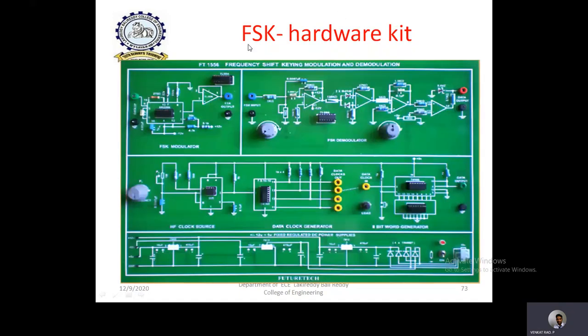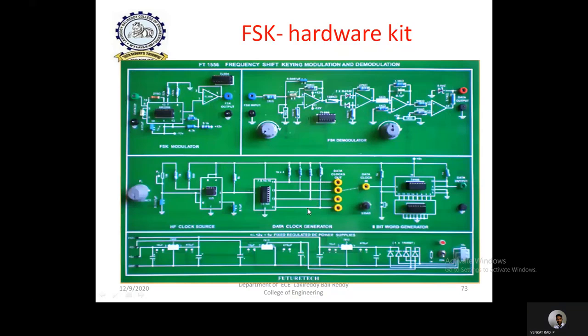Okay, and also we have another kit from Feature Tech company. Here also we can perform the frequency shift keying experiment, both modulation as well as demodulation. Here we have a modulator and here we have a demodulator, and this block is only to generate the input digital data. From these outputs we can generate some input bit sequence. There are different outputs from this block. So we can take any one of these and connect it here and observe the modulated output and then the demodulation and so on.